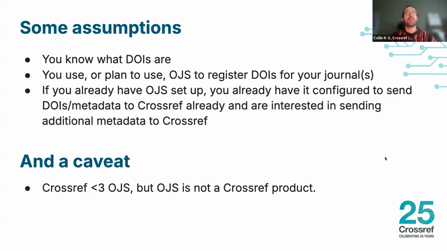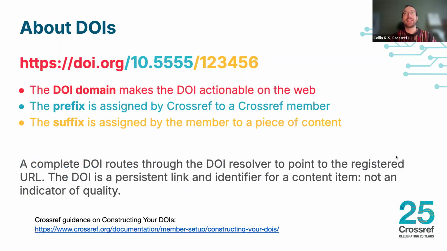Okie doke. I mentioned metadata. What is it? Why is it important? Why should you care? So I'm sure you all know about DOIs right now. DOIs are a combination of a prefix, which is this blue portion here, 10.5555. Every member has their own DOI prefix, and then a DOI suffix of your choosing. That's the yellow or golden portion here, 1, 2, 3, 4, 5, 6.